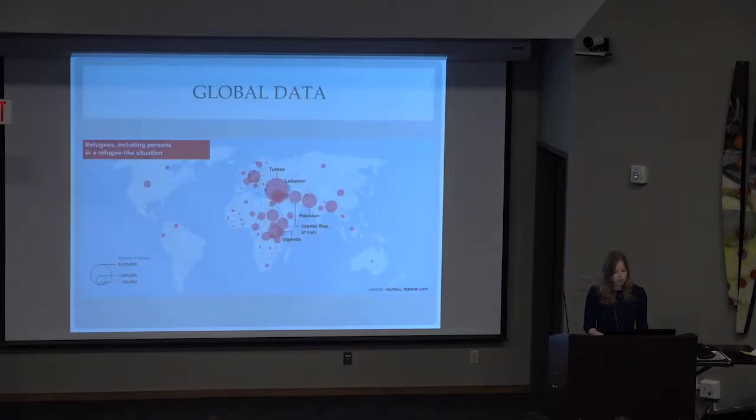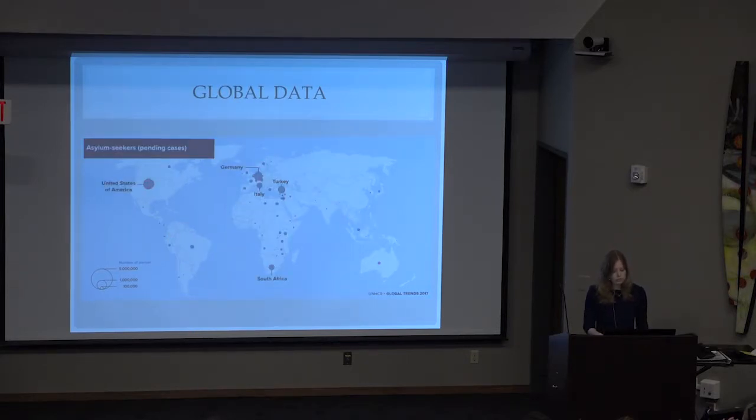This is also data from the UN Refugee Agency, and it shows the distribution globally of refugees. 2/3 of all refugees worldwide come from just 5 countries: Syria, Afghanistan, South Sudan, Myanmar, and Somalia. And you'll notice that countries in developing regions host the vast majority of the world's refugees. So about 85% of all refugees at the end of 2017 were granted protection in developing countries. Many of these countries just simply don't have the infrastructure or the resources to support the influx of people, and it's particularly challenging for them to be able to mobilize sufficient resources to care for these refugees.